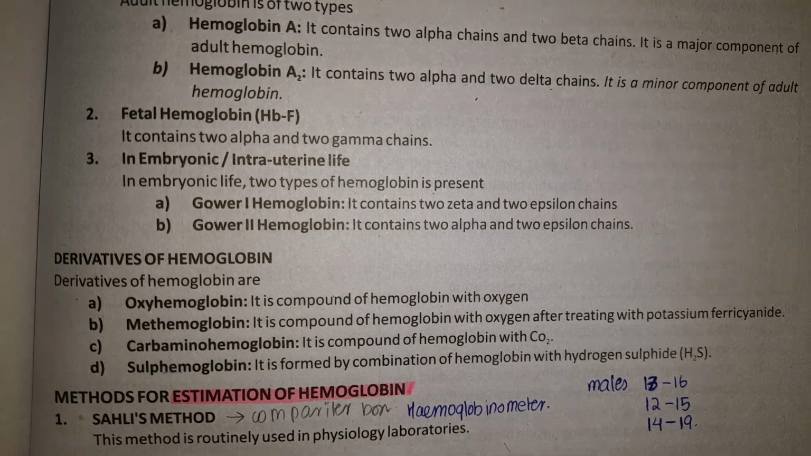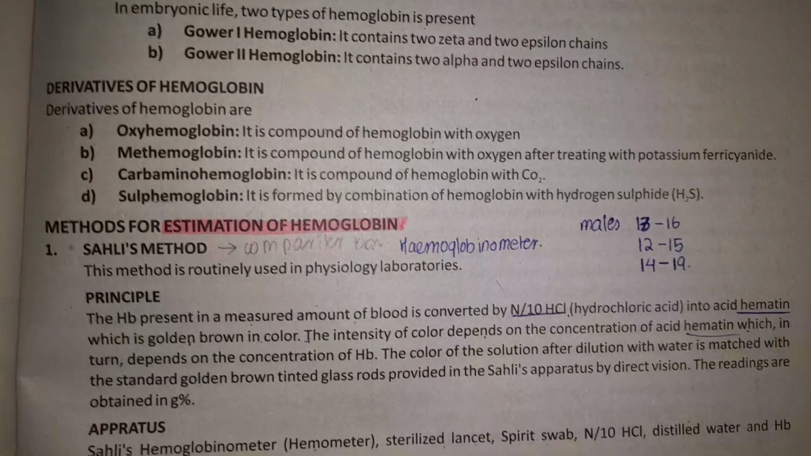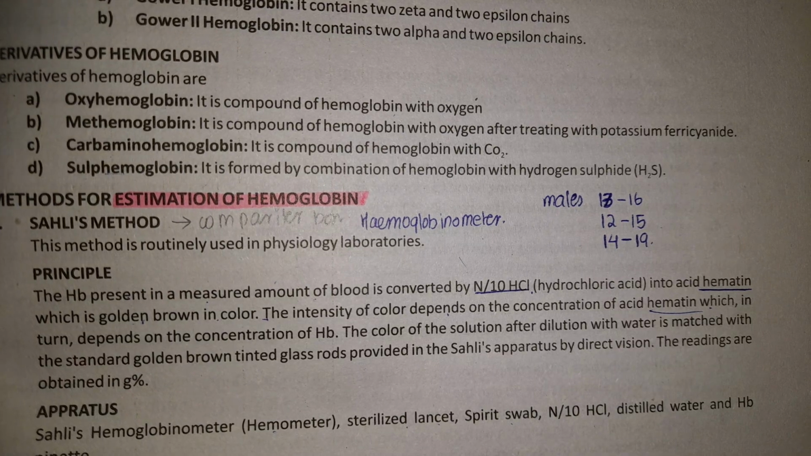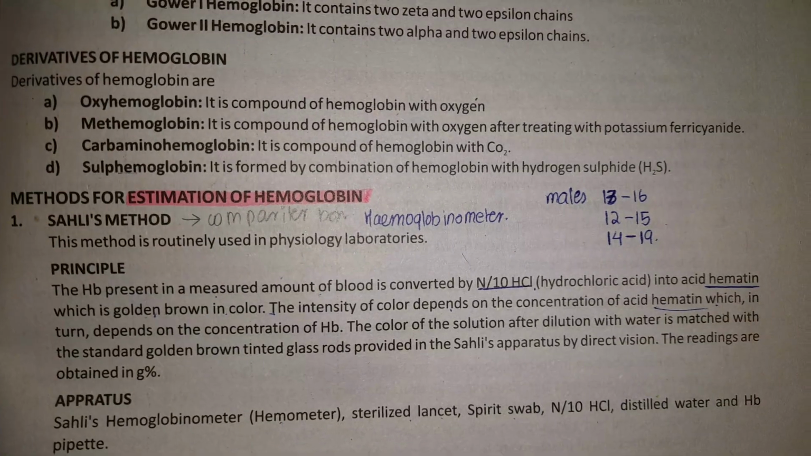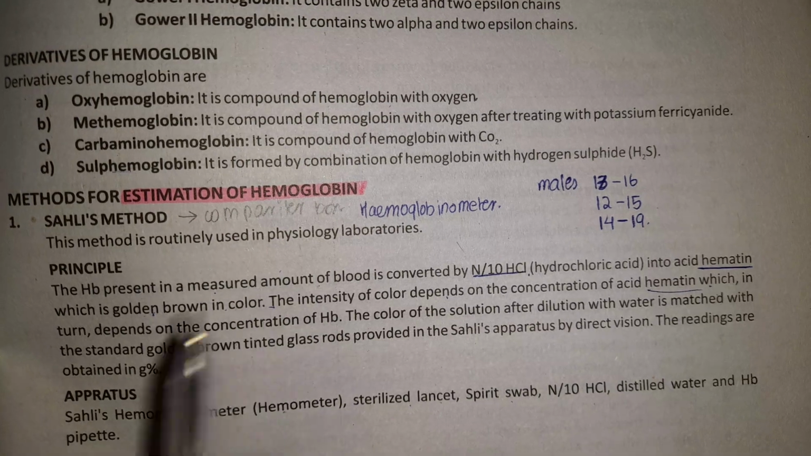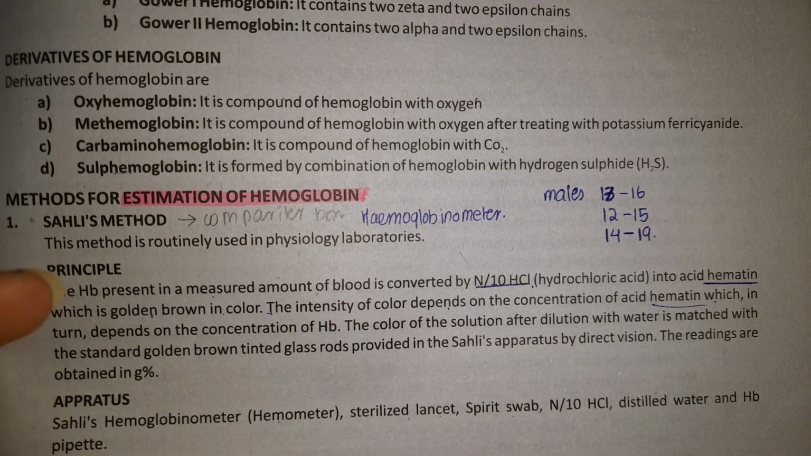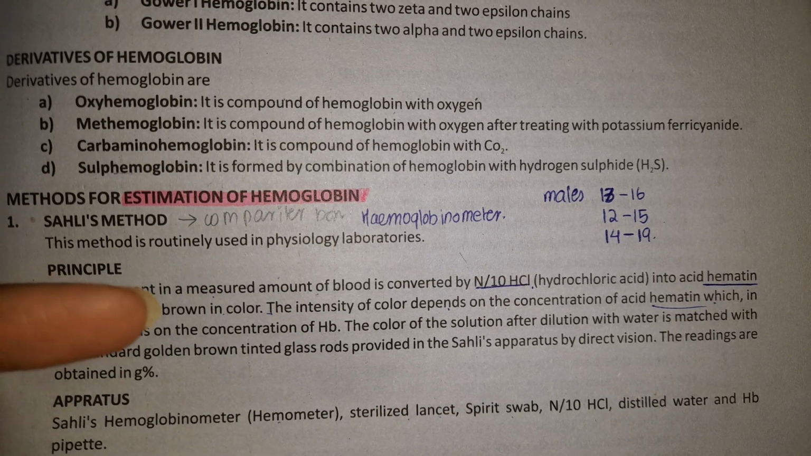Now, estimation methods. We have two methods. One is Sahli's method, the other is the spectrophotometric method. Let us consider Sahli's method first. So, as you know, firstly we are going to draw blood. We will have a clean swab through which we will